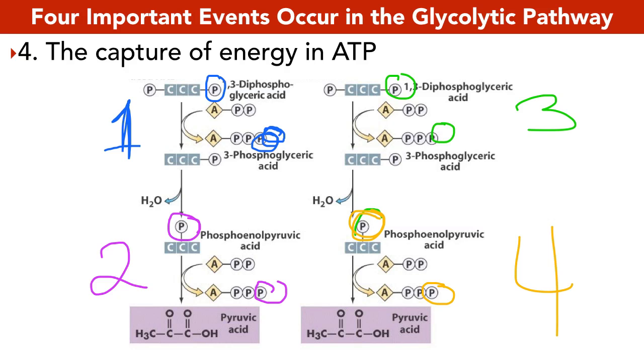All right, so let's go over some numbers here. How many ATP have we made as a gross number? 4. How many did we have to invest to get there? 2. So if we made $4, we had to spend $2 to get there. How many have we made net? 2. We've made 2 ATP net.